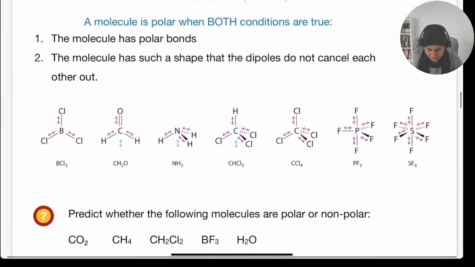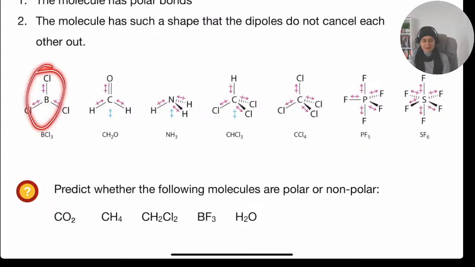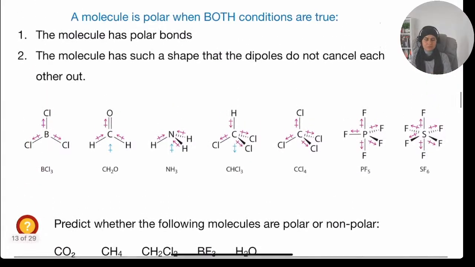Right, well, let's just look at a few more molecules. So BCl3, non-polar, official explanation. Let's say we have a BCl3 molecule and they ask me a question in paper 2: explain whether the BCl3 molecule is polar or not. Explanation, 2 marks. I say BCl3 molecule has polar bonds, but the dipoles cancel each other out, so the molecule